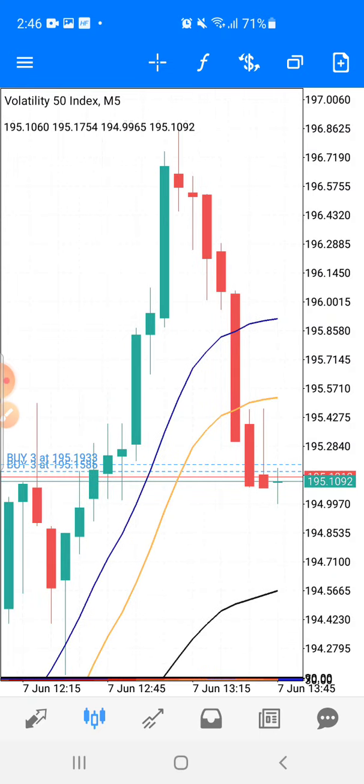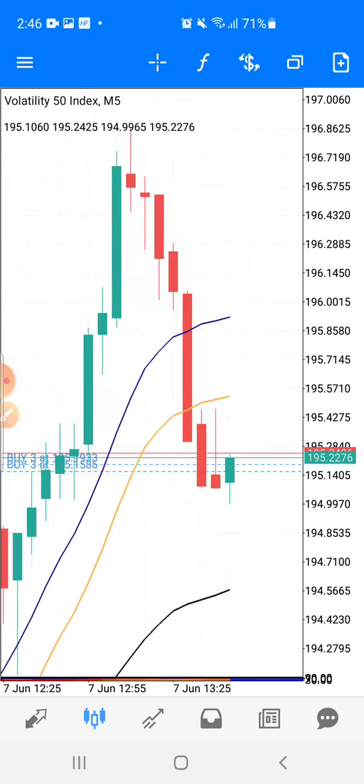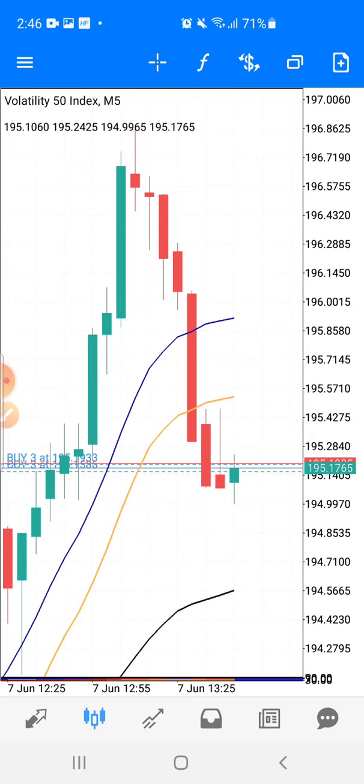First, you need to see a clear uptrend or downtrend. Okay, this is for trending markets, guys. You don't trade this on anything apart from trending markets. So you must see a clear uptrend or a clear downtrend. If you see an uptrend, good. If you see a downtrend, good. If you see a ranging market, please, this strategy is not for a ranging market